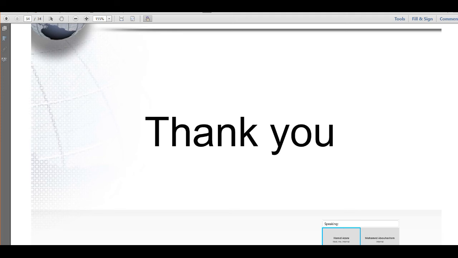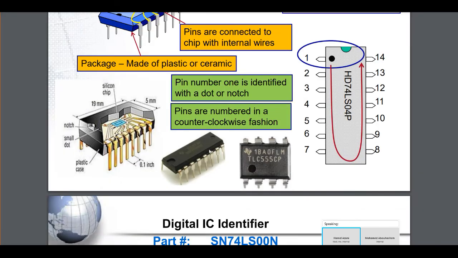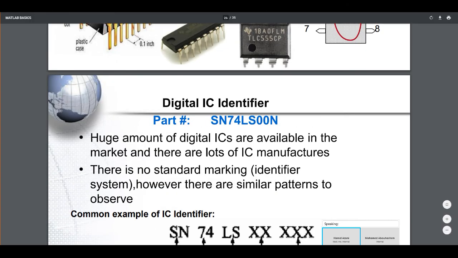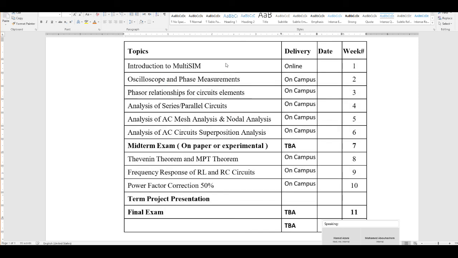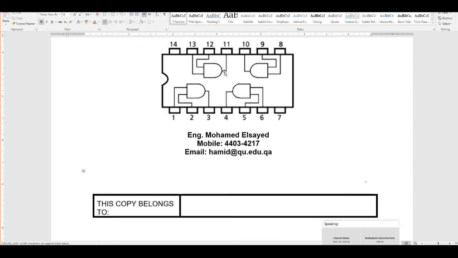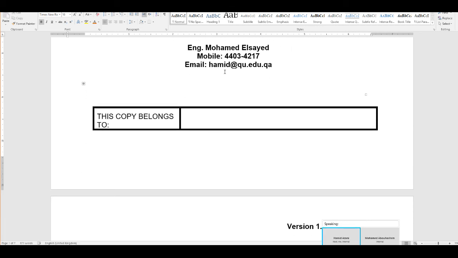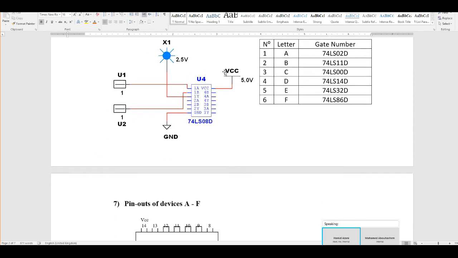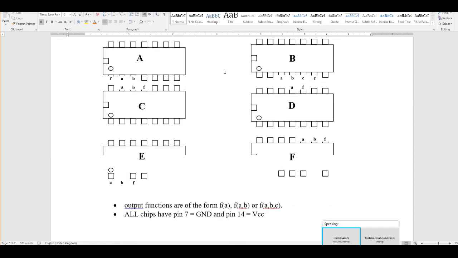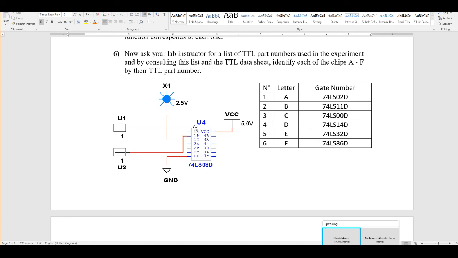Before I leave you, I'm going to open this. Now this is the same as the one I was talking about. I'm going to go back here and open this lab manual. Yeah, in the lab manual, I think it's not the one I need to post for you because I edited that one, so I'm going to post the last version. We need you to use Multisim. Okay, so in Multisim,